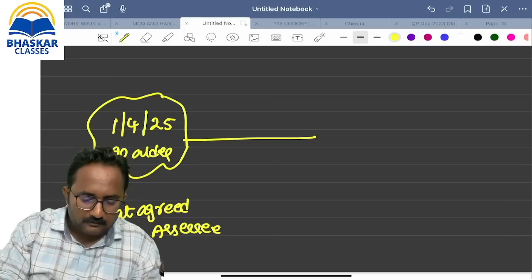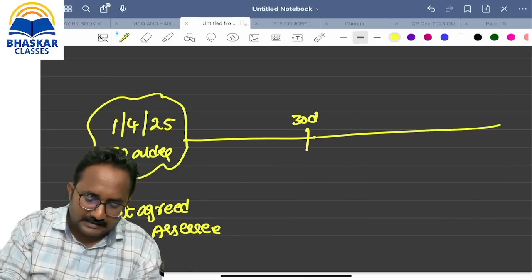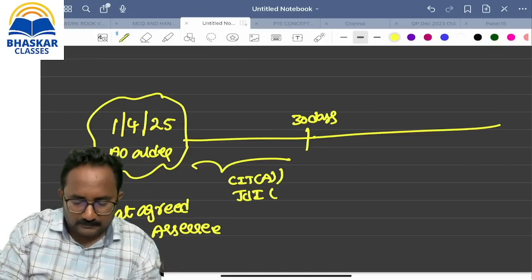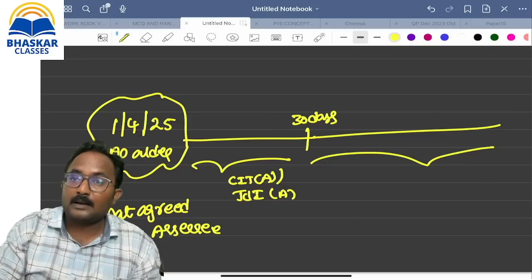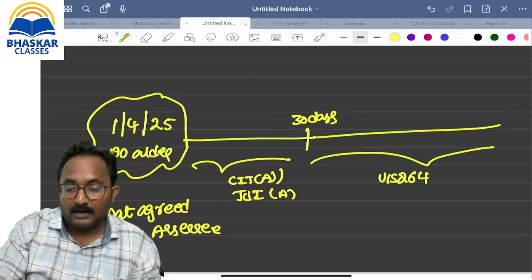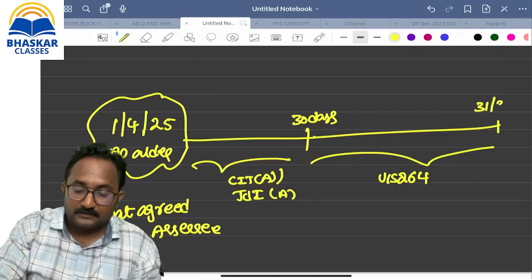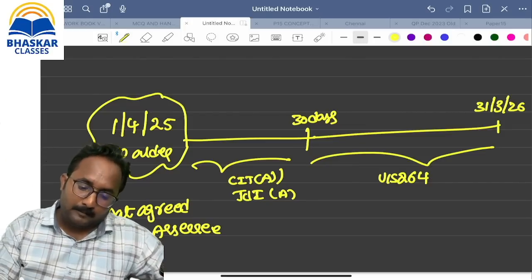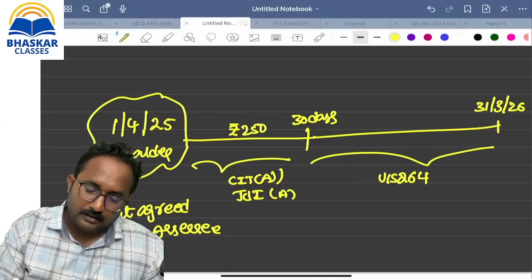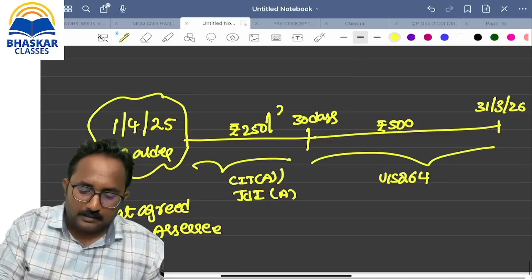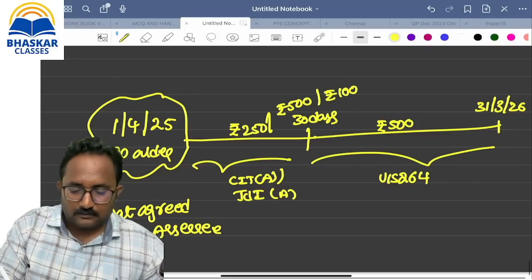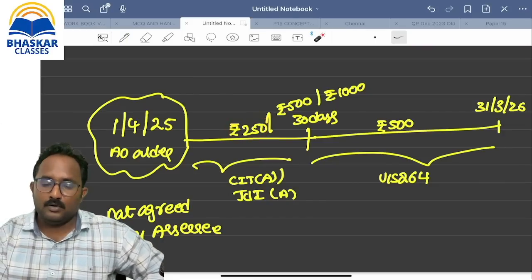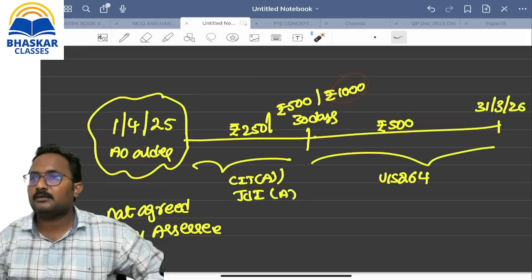The first, which option, ma? First 30 days. Yes, first 30 days. He wants to make an application before whom, ma? CIT appeals or whom, ma? JCIT appeals. After the expiry of 30 days only, you can make an application for revision under section 264, but within a year. Can you tell me before what, ma? 31st March 2026. Are you understood? Here, what is the fees you have to pay, ma? 250. Here, 500. Okay, depending upon total income, 250, 500 or rupees 1000 also. Am I correct, ma? 1 lakh below, 250. 1 lakh to 2 lakh, 500. Above 2 lakh, here.